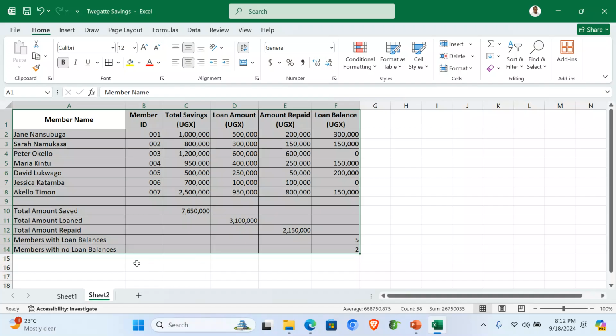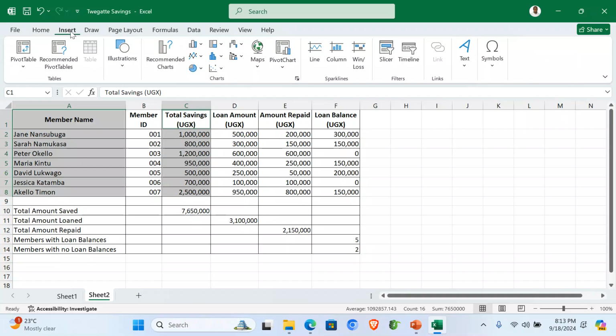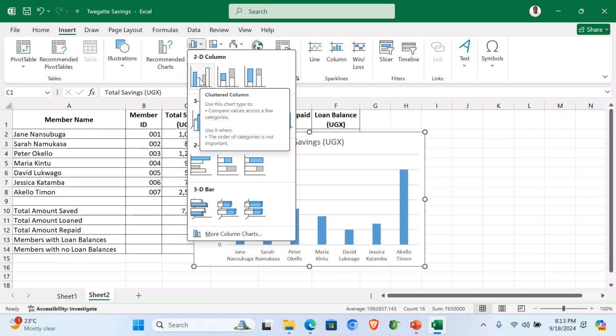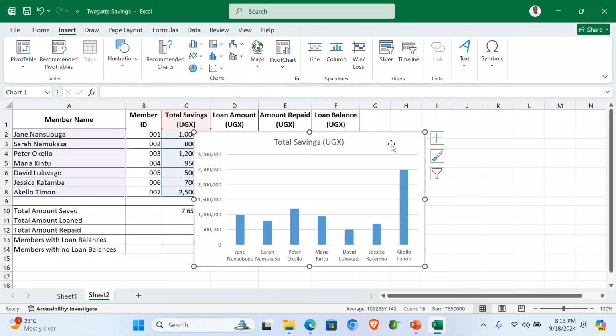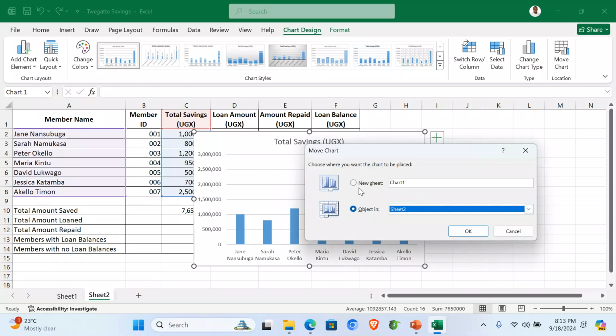let's now generate a graph. For example, we can highlight member name and the total savings. So hold down control, highlight total savings. We go to insert, then we go under columns. We can pick a 2D column graph like that. We can right click and move chart to a new sheet. We can call it,